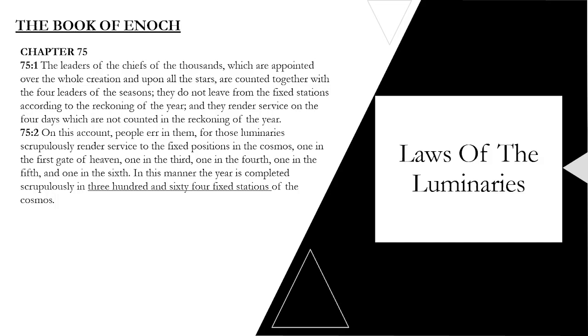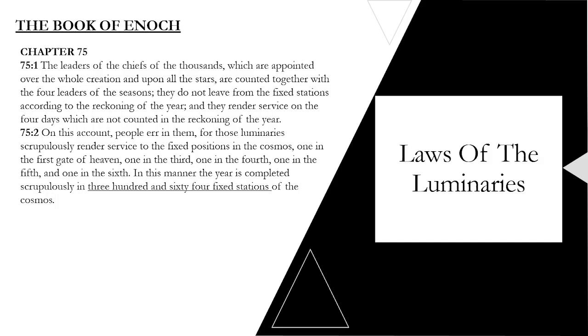When you multiply 30 days a month, which is how the solar calendar is calculated, 30 times 12 is 360. And then you have the 4 intercalary days. And when you add the 360 plus 4, then you get 364. So in the calendar, the 4 intercalary days are noticed. They are taken note of, but they are not part of the counting. And you will see this demonstration as we move forward.